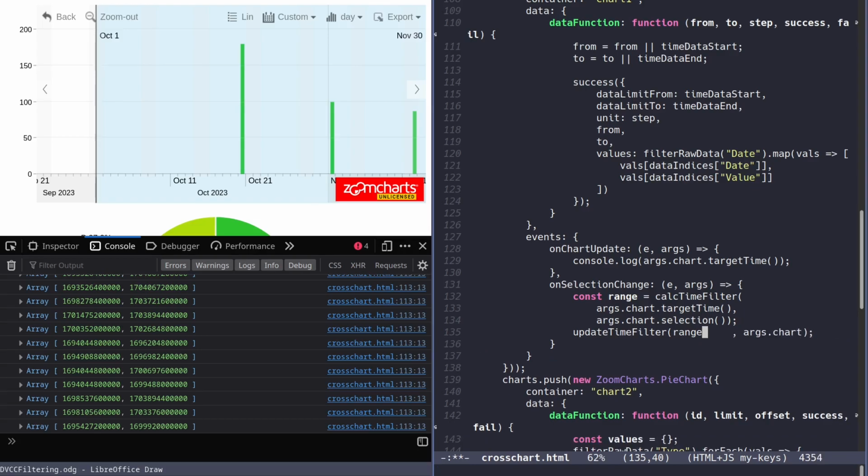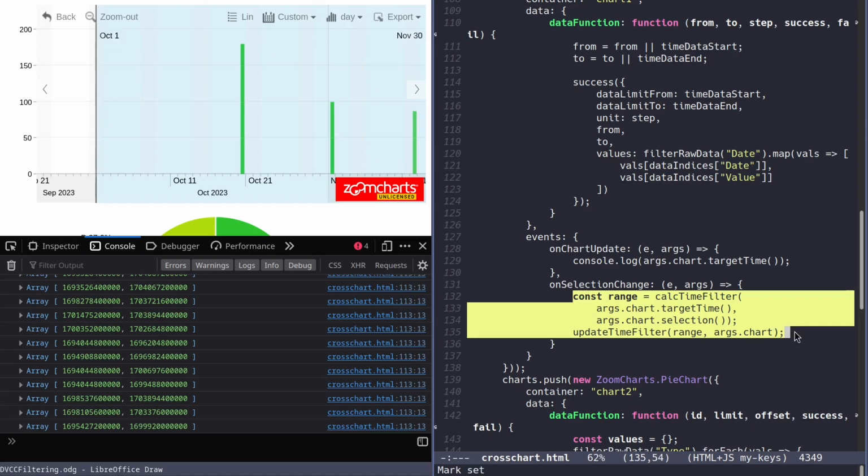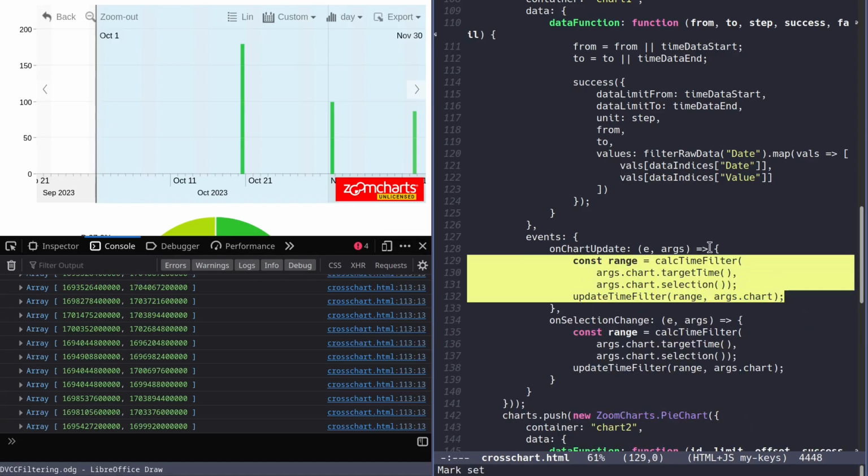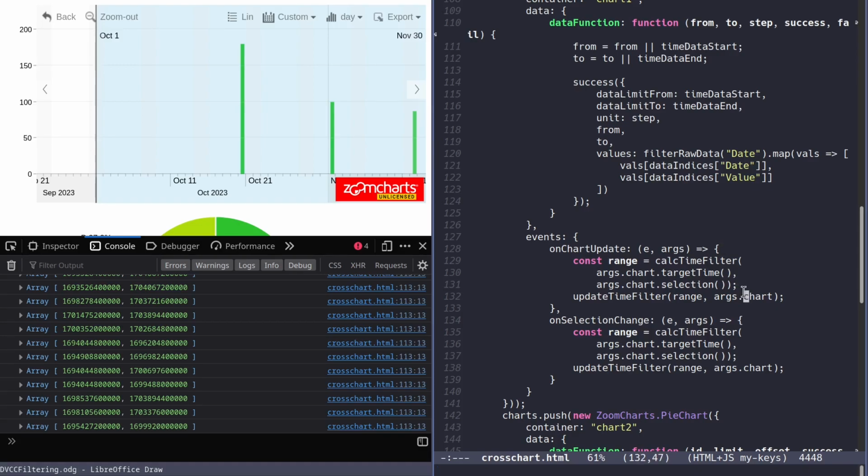And what do you know? There you go. So we have our range, which is the calculated time filter combining both the target time and selection, and that's the filter we actually give to the time filter. That's what we actually use in our filtering system. And we just want to do the same thing for both of these. And with that, if we've implemented everything correctly,